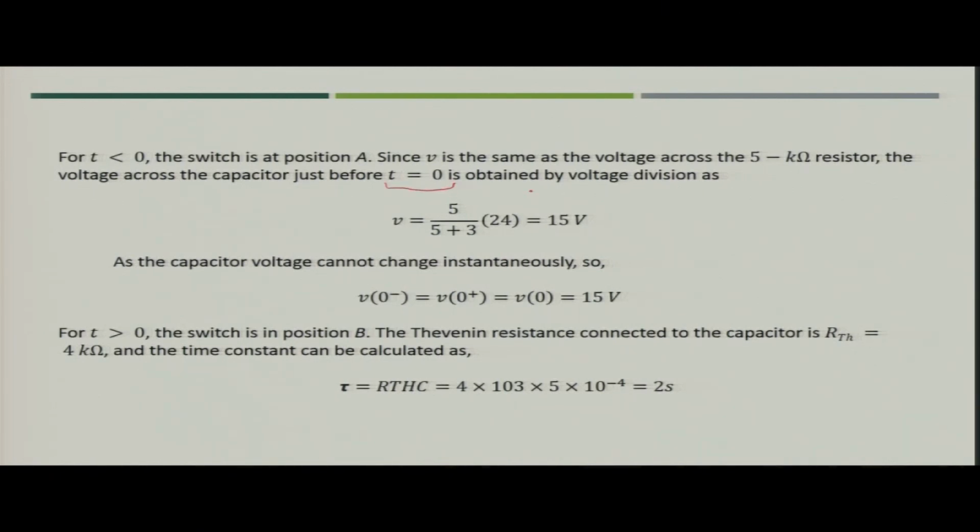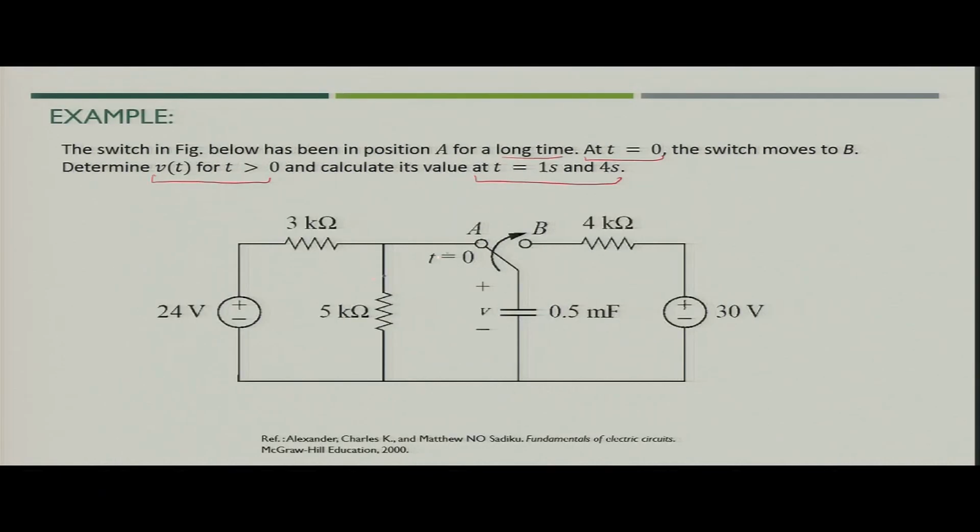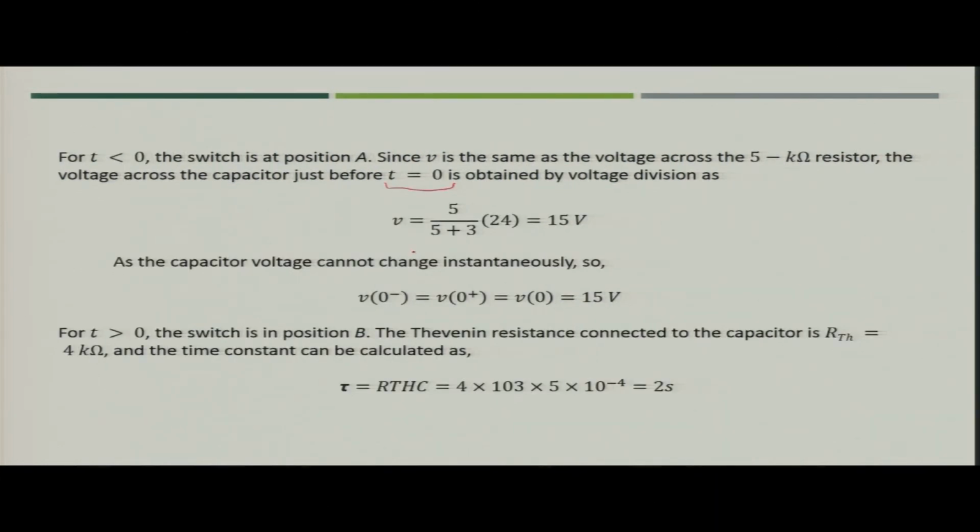At time t equal to 0, the voltage source value is 24 volt. Now, we have 3 kilo ohm and 5 kilo ohm resistances. The voltage across the capacitor is nothing but the voltage across the 5 kilo ohm resistance. So, what we can do? We can simply use voltage division to find the value of the voltage across the capacitor,